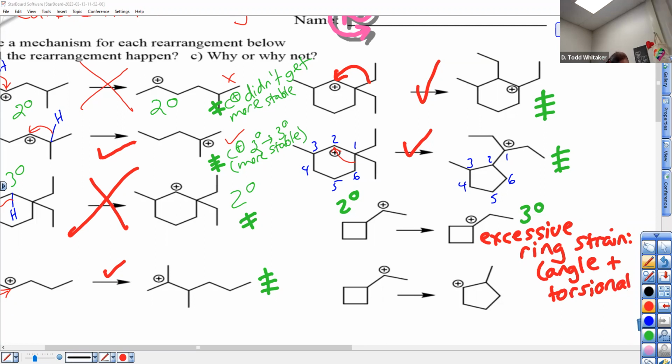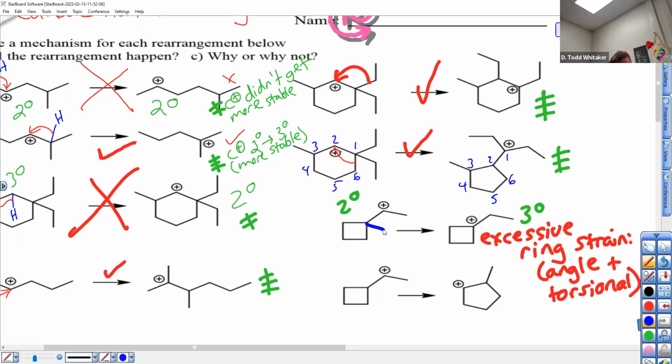Right. So when you moved the H from here to here, you thought it was good because you went from secondary to tertiary, but your ring is still too